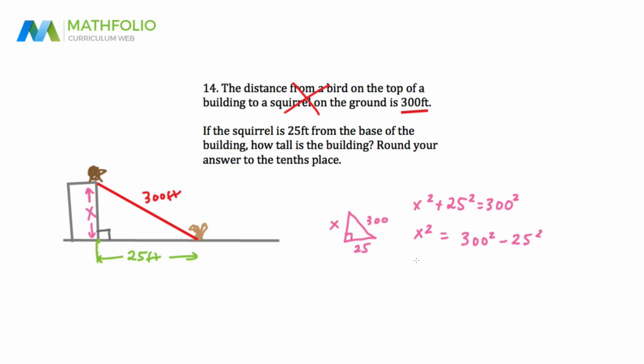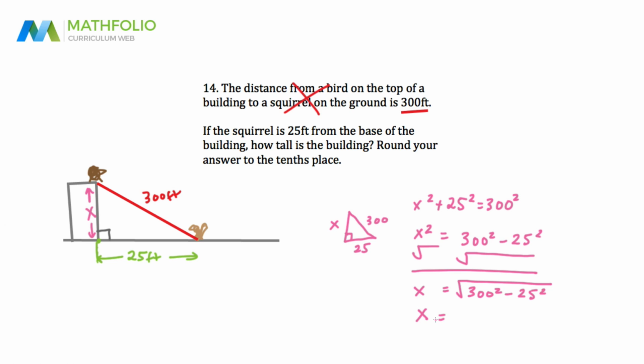I'm kind of just doing everything together right now, so I'm going to one-shot this at the end, but when you square root it, the square root of x squared gives you x equals radical 300 squared minus 25 squared. You could do this piece by piece, or you could just put it all in your calculator. So this is question 14, and the answer when you square root this to the tenths place is, let me just check here,